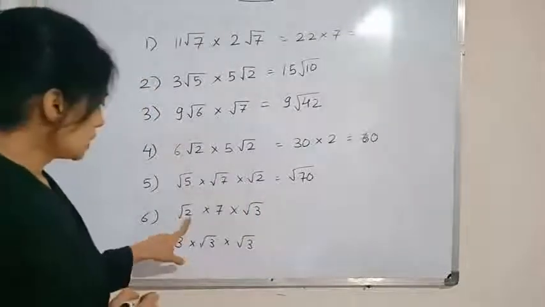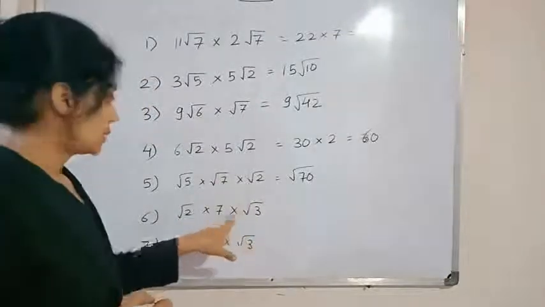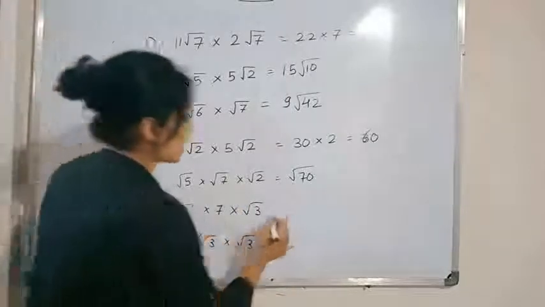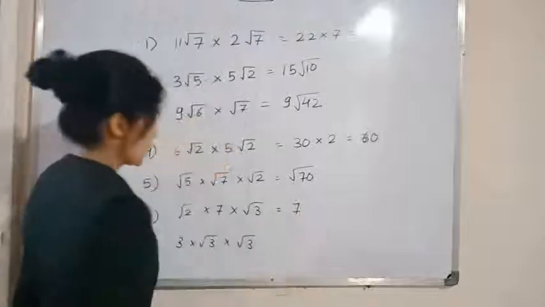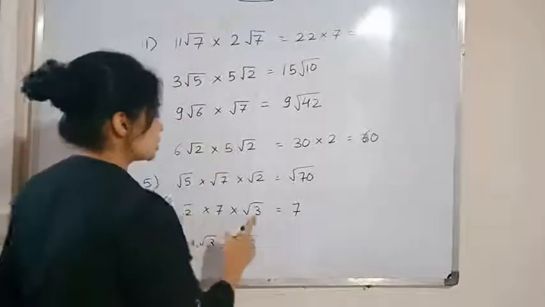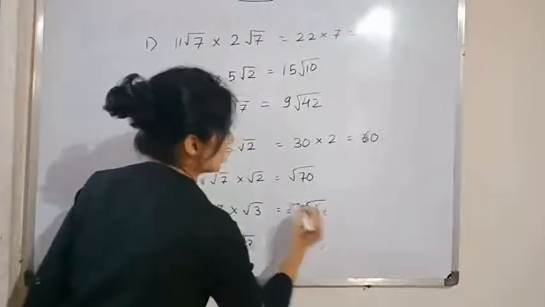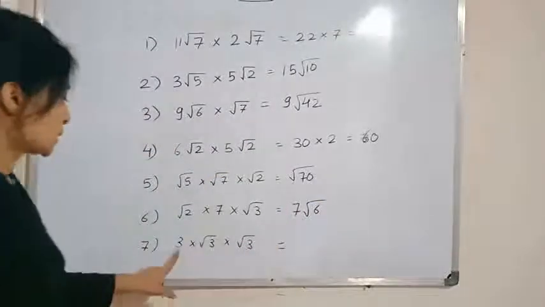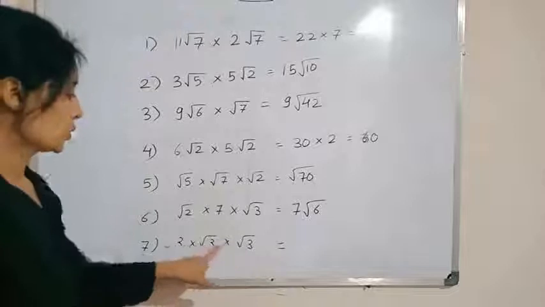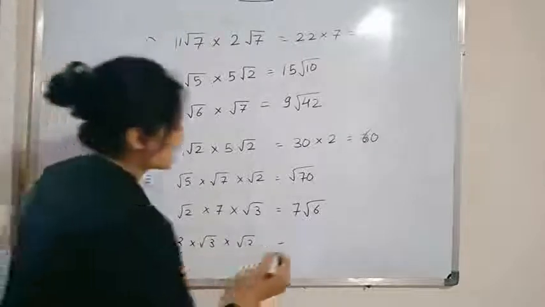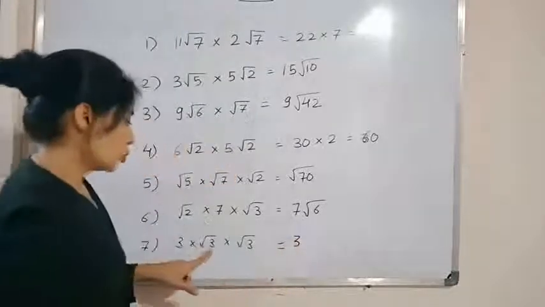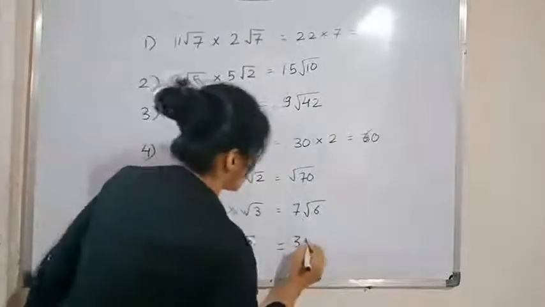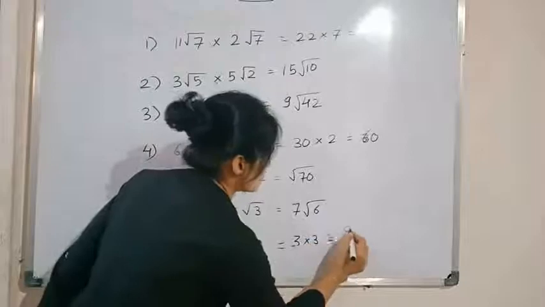Here these two numbers are under root but this is not. So the number which is not under root we have to write first, and then roots you multiply. 2 3s are 6 and the number will be inside the under root. If it is 3, root 3, no under root, write at first. Now you know that under root 3 into under root 3 equals 3. So 3 into 3, that is.